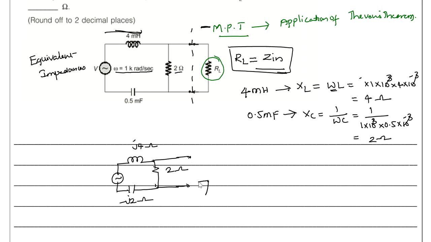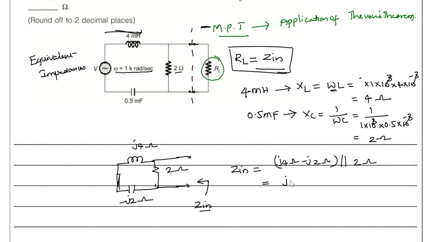From this we need to calculate the input impedance, right? Now what is the source here? It's a voltage source. In order to find the impedance, ZTH or Zin, we need to make the source zero. Once we apply source zero, the voltage source means short circuited. Now Z input is j4 ohms minus j2 ohms, which are in series. They are in parallel with 2 ohms.